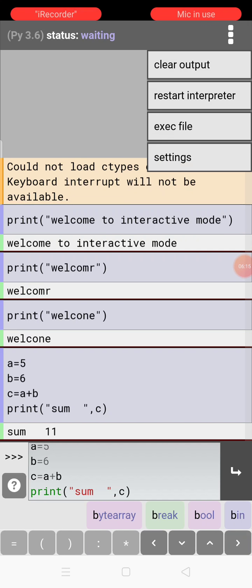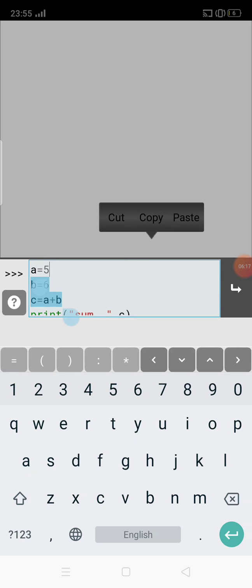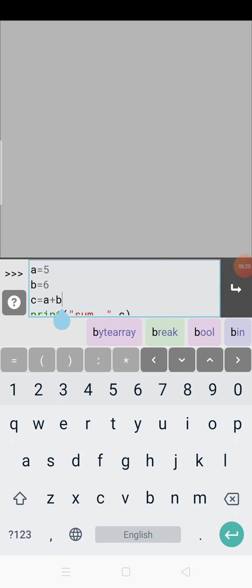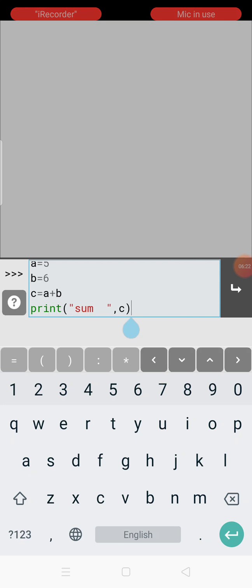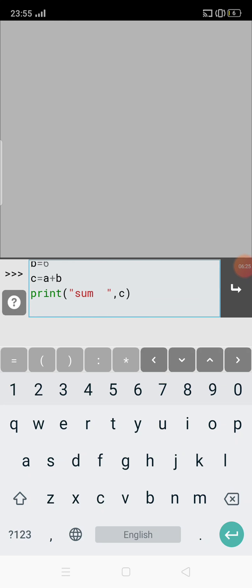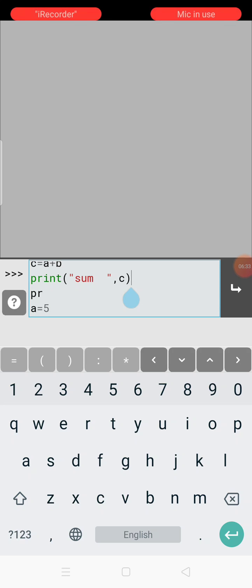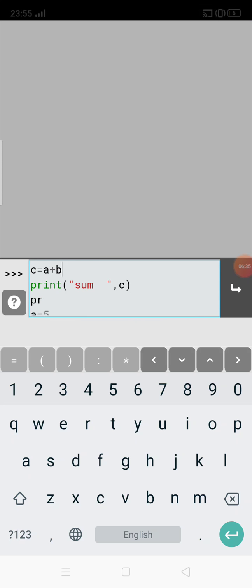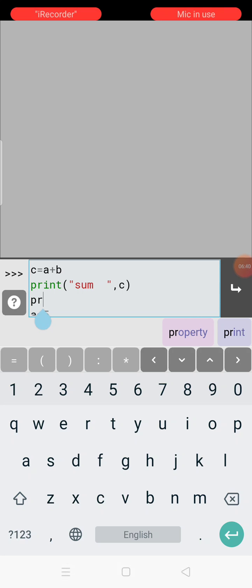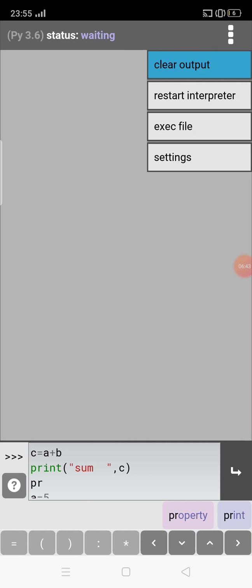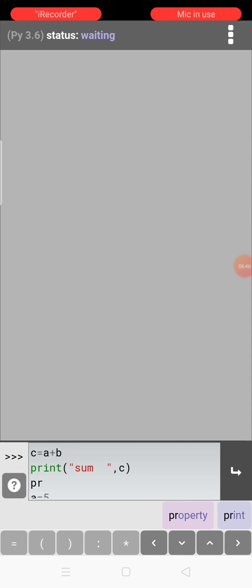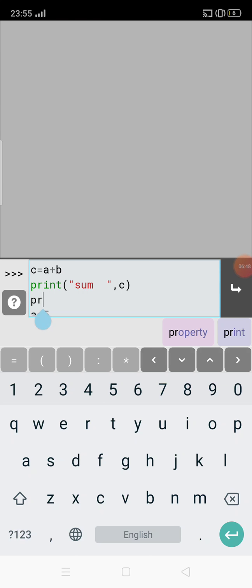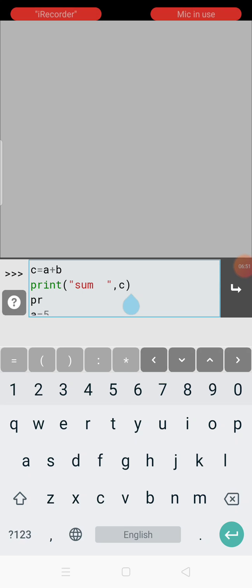I am clearing the output. Now I am going to give the enter key. Again I am going to add one more print command. Just the order is changed over here. I want to change it. Now I am making it clear. If you want to clear the output, you can select clear output, and then the coding part alone is left. I have the coding part over here.